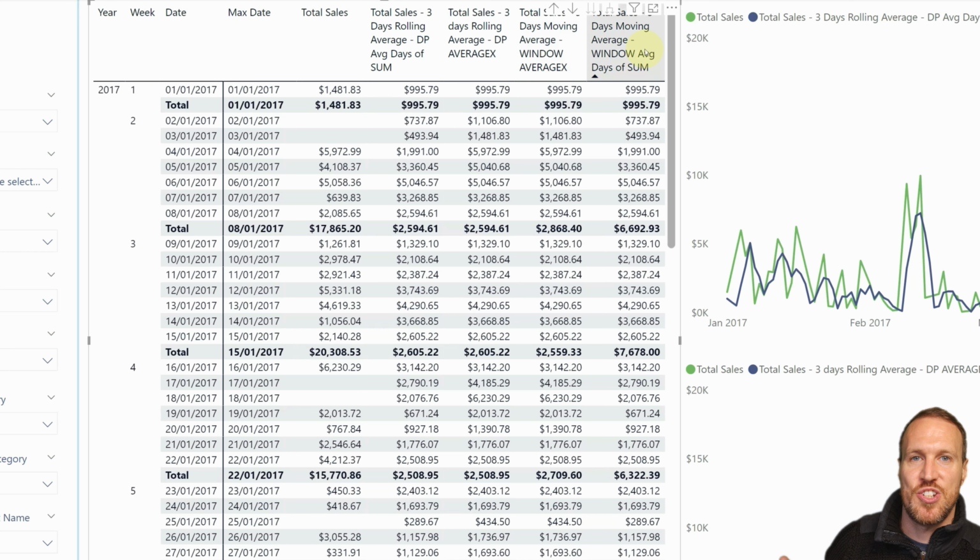This doesn't work out that you're doing it by 3, because it takes into account this is 1. So if you want to do -2, that would be 3 days. So that's how you can do that there. If you wanted it to be 5 days, you need to do -4, and so on and so forth. And then within that, you want to do dim date all, because that's where you want to be able